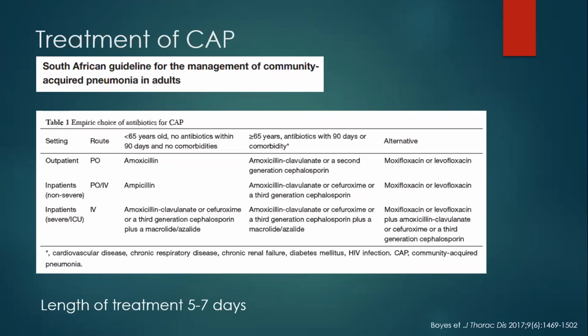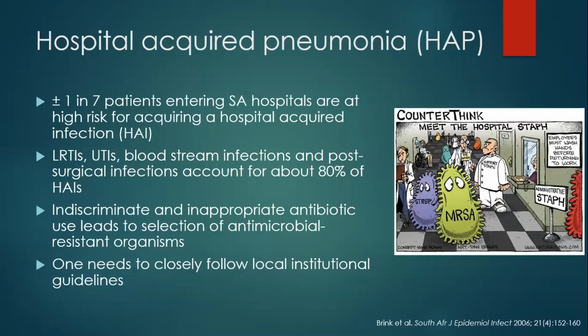Please be aware that patients with comorbidities or the older patient, where you would potentially expect worse outcomes, you would want to start with amoxicillin clavulanic and not something like ampicillin. And again, the length of treatment is 5 to 7 days, and usually 5 days is what we would say. These protracted extended periods of antibiotics that were longer in the previous guidelines, which suggested 10 to 14 days, is currently not recommended. Just quickly, a couple of words on hospital-acquired pneumonia.